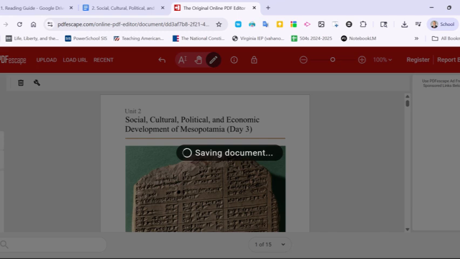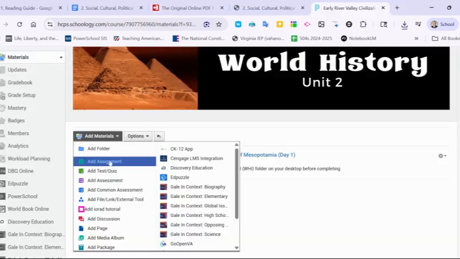And it doesn't typically take this long for it to save. And once you get used to using it, this will be a really quick way for you to convert those Google Docs into these interactive handouts through PDF. Again, saving a lot of time, and particularly if you have to offer an alternative to writing to some of our students. And then you're just going to go into Schoology,